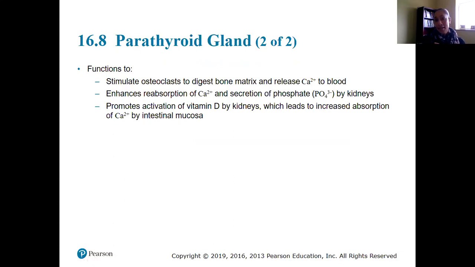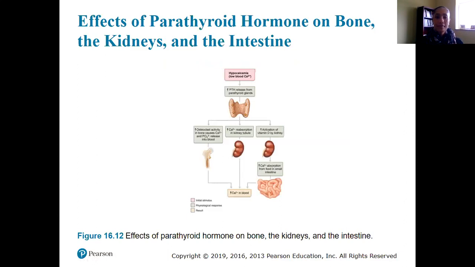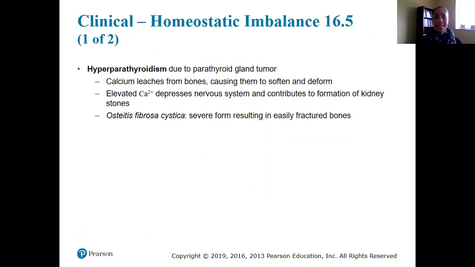So instead of eliminating excessive calcium and phosphate at the kidneys, we're going to reabsorb them to keep calcium within our blood. And it's going to promote activation of vitamin D by the kidneys, which will lead to the increased absorption of calcium through the intestines. So here we have a diagram showing us the effects of the parathyroid hormone on bone, the kidneys, and the